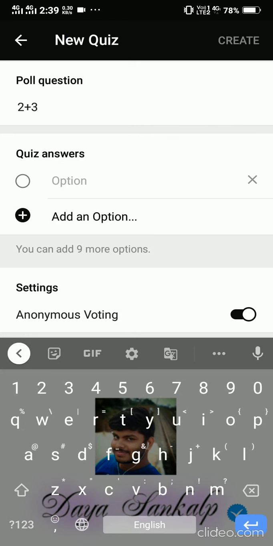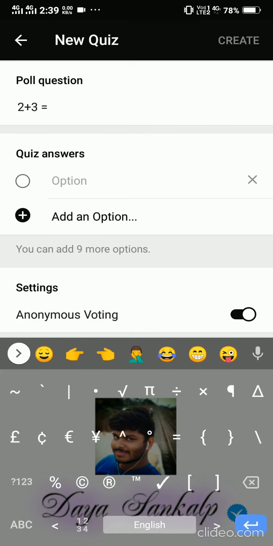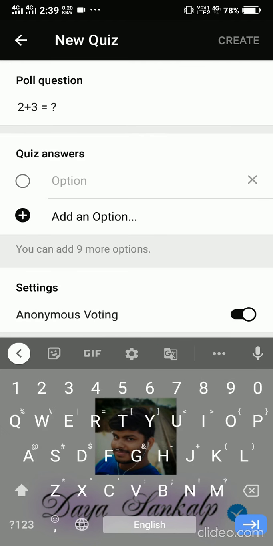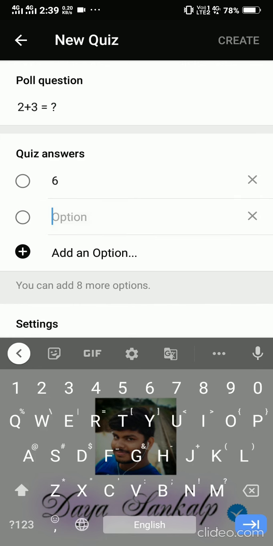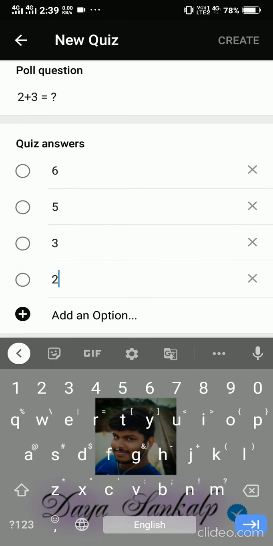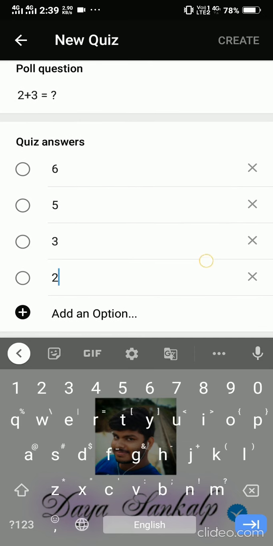2 plus 3 equal to how much? Options. Option A 6, option B 5, 3 and 2. Suppose I limit my options to 4 options. Now we have to check the correct answer. Choose one answer. 2 plus 3 equal to 5, as you all know. See, a green color tick. You must choose the correct answer,